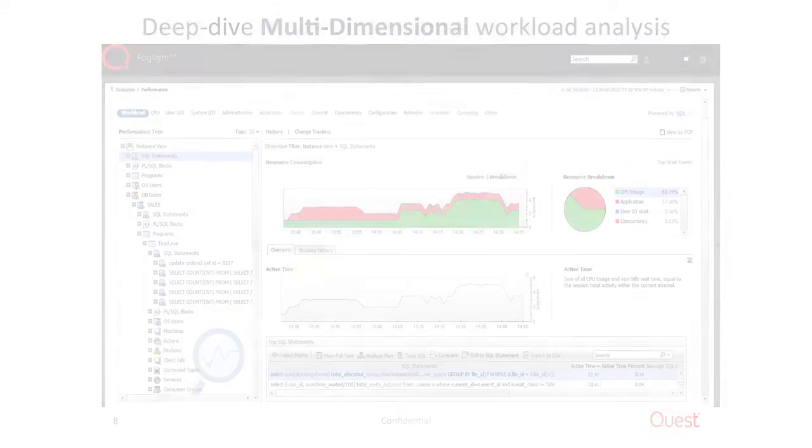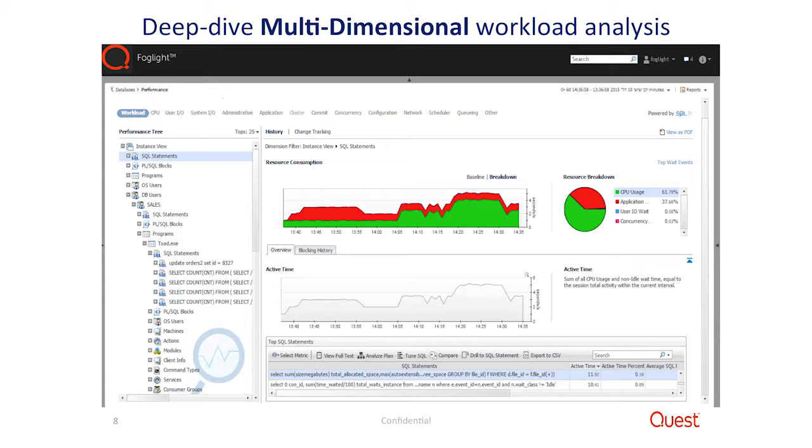database's performance. But what really separates Foglight for SQL Server from other database monitoring tools is its ability to do workload analysis. So this takes us to the deep dive multi-dimensional workload analysis feature. This feature allows you to pinpoint your biggest problems, categorized by programs, users, and databases, all the way down to individual SQL statements. By doing this, you can see exactly how database performance is being impacted and how to go